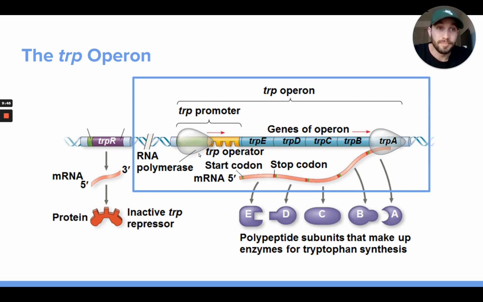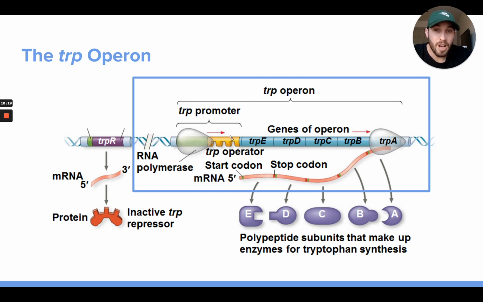Now, these genes, like I said, can be on or off. Sometimes these genes are being expressed a lot and sometimes they are not being expressed. And it actually is controlled by this other sequence of DNA called an operator. An operator is a common type of regulatory sequence we see in prokaryotic cells that acts like an on-off switch. And this operator, which you can see is part of the promoter,